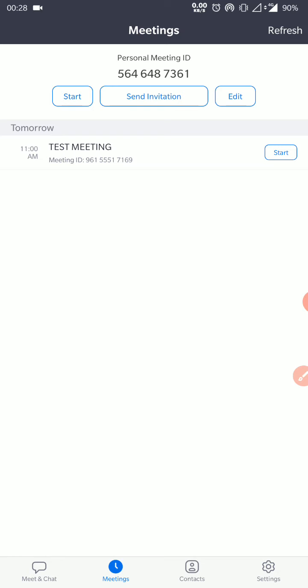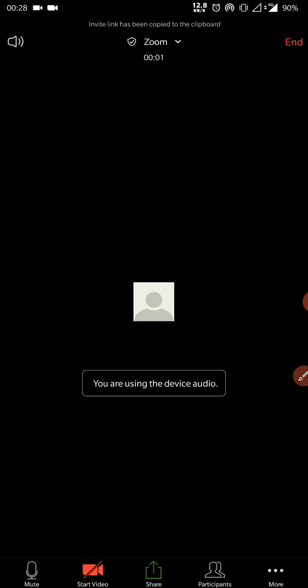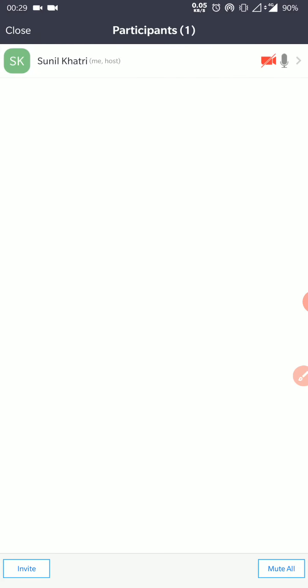So the very first thing is if at all you have started this meeting, as we can see on the screen that right now our meeting is getting started. And now our meeting has officially started. So now before admitting anyone, because as we can see in participants, there is only a single user. There could be waiting room, there could be some participants waiting in waiting room. But before admitting anyone, a host has to do following steps by going in this more option here.